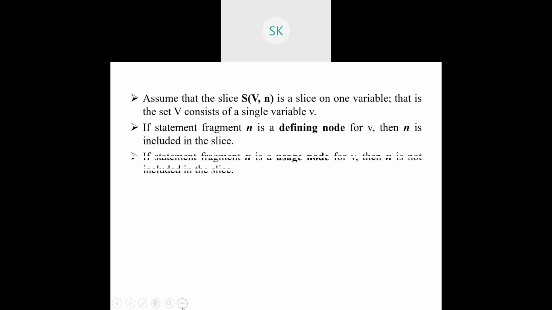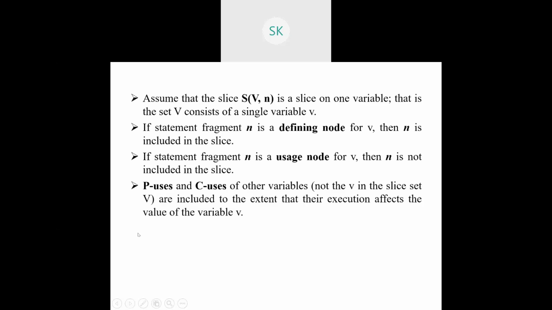If that node is a usage node, that is an output usage where no contribution is happening, just printing the message, or changing that particular location, or iterating the values, one after the other, those particular nodes you can skip. That's what they are saying with respect to the third statement.